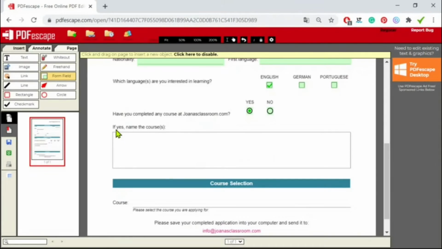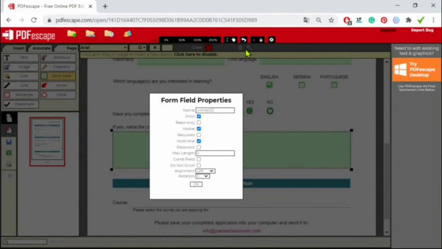Hit select, click on the spot where I want my box to begin, and drag it all the way to the end. So, well, the name says it all. You can add a paragraph here or multi-lines. It's actually not that different from the name, but you can also change the settings in this box. So if you go to the tool button up there, you will see that print is enabled, visible to, multi-line to. When it's a paragraph, this one is always checked. And I don't need a password. I don't want a max length. And I don't really need to change any of these, so I will just hit OK.